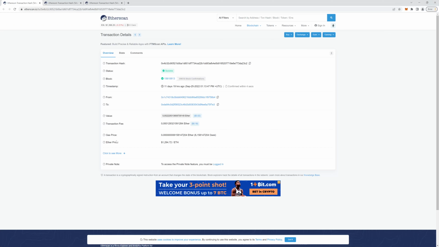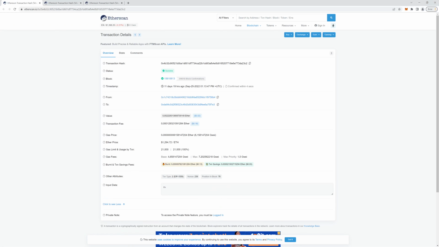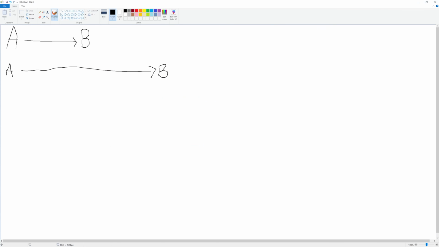And on Etherscan, if you expand the click to see more, you're given a few other bits of data. One of them is gas limit and usage by transaction. The limit is how many gas units you are willing to spend on this transaction, and the usage is the actual amount used. So going back to this example, in the short trip, maybe it takes 5 gallons of